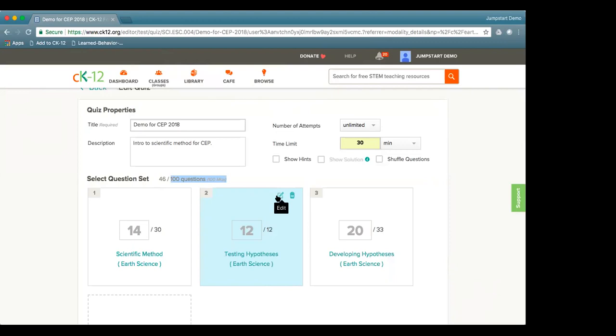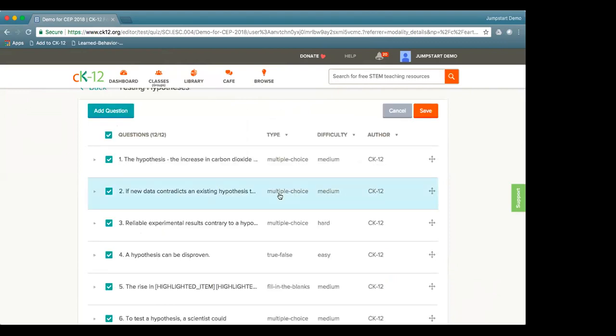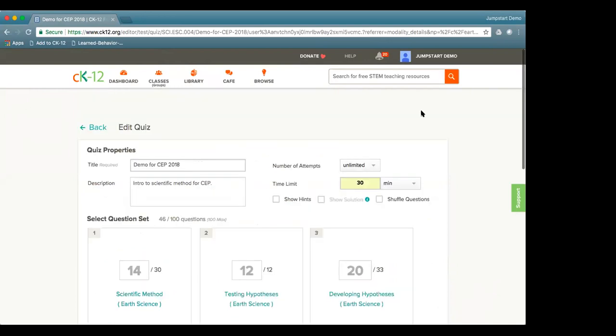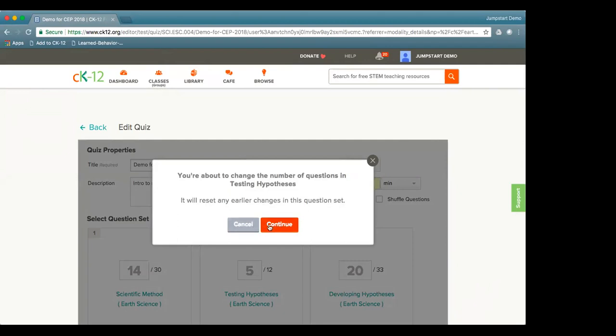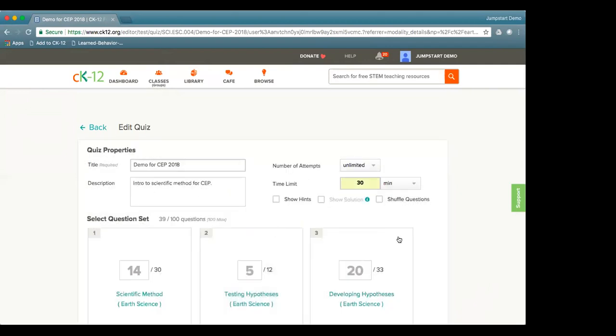And then I could go into those as well, and I could do the same kind of hand picking of the questions. Or I could say, I'm going to just pull all those questions, but maybe I only want them to get 5 from here. So those are all different options for creating the big pieces, setting the limits, choosing your different concepts, and including them within one quiz. So let's take a pause there once I save that piece and say, okay, are there any questions